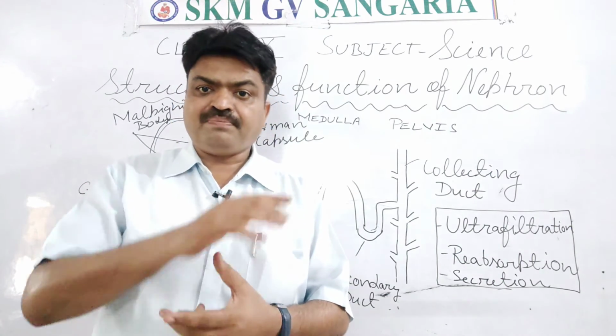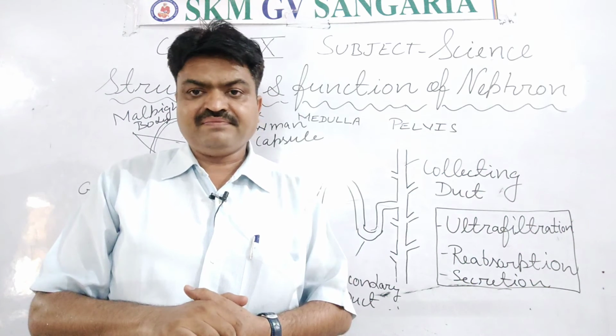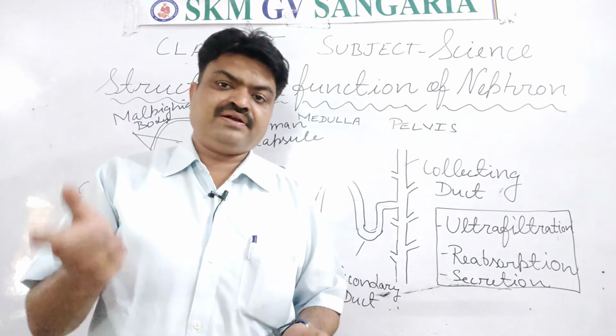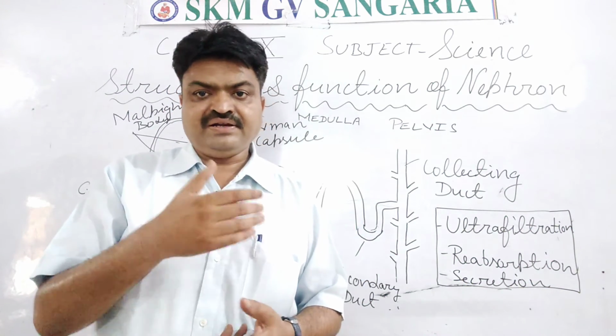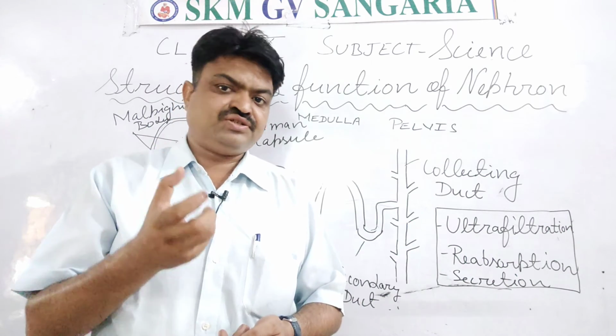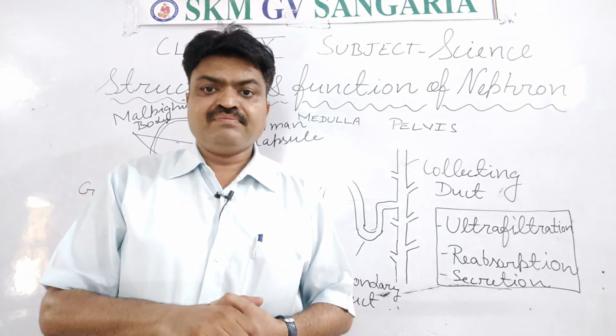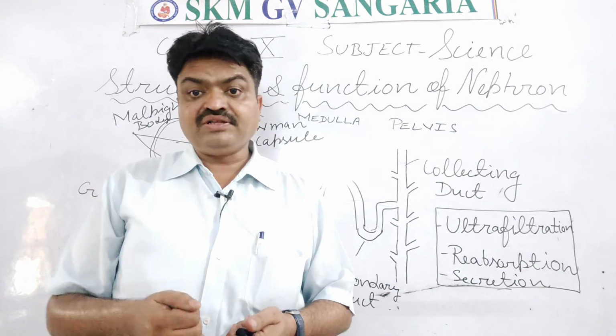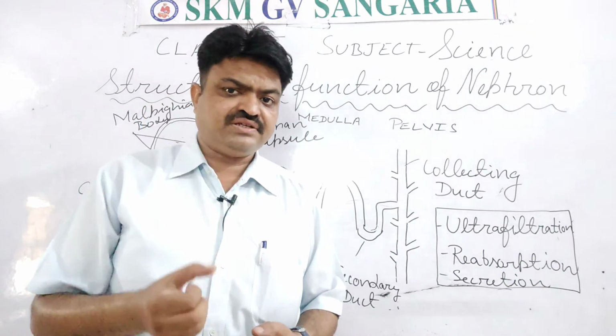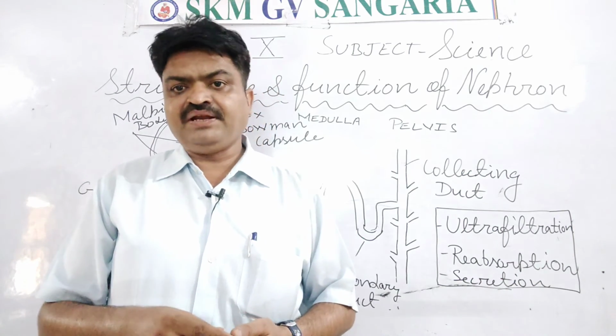Now that ureter passes it to the urinary bladder, and in the urinary bladder the urine is collected, and it is passed with the help of micturition. It is the process by which the urine is passed from our body, and via the urethra, student. Urethra is the small opening of the urinary bladder.